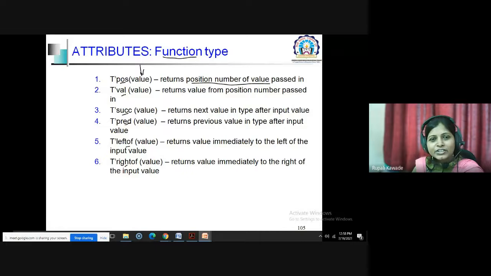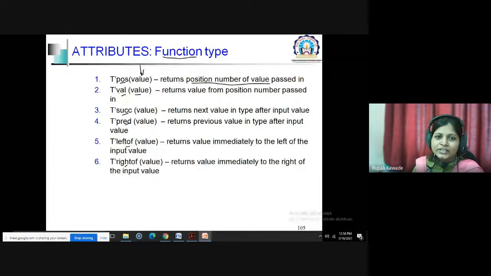And if you mention the position number, then it will give you the value. Then with succ, it will give the successor, means the next value. Predecessor means the previous value. Left of means whatever value you are passing, who is to the left of that particular value. Similarly, right of. So who is at the right of that particular value.